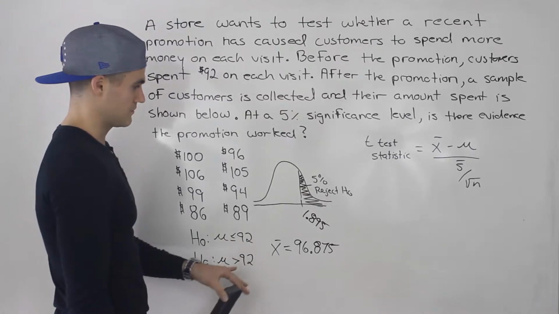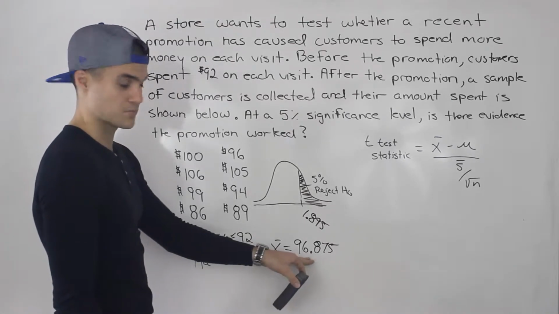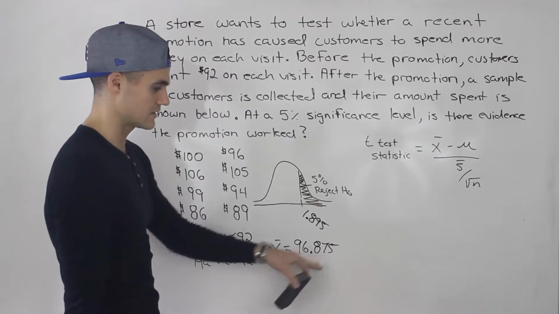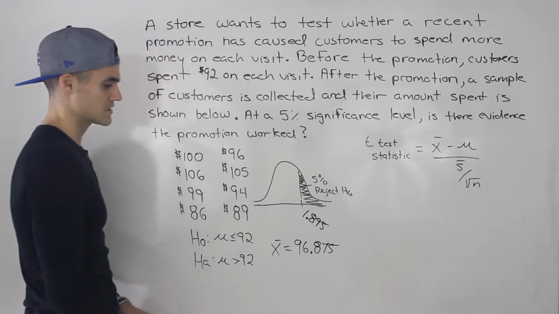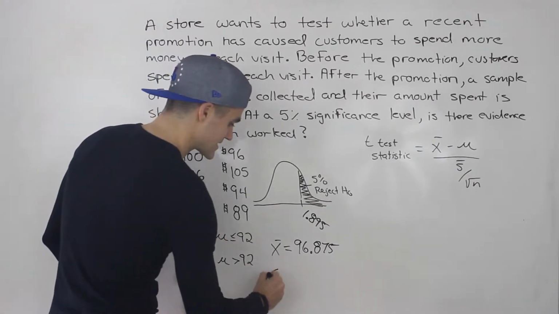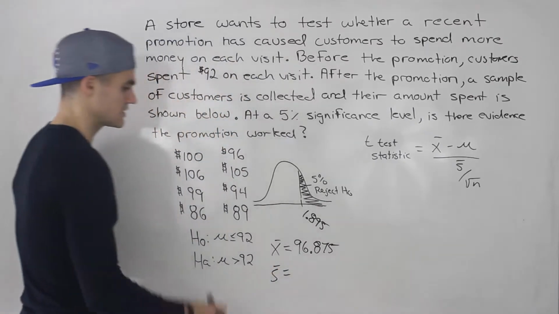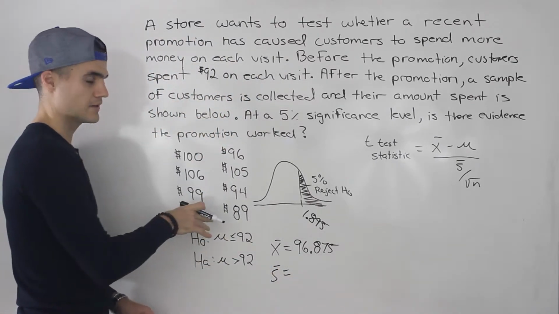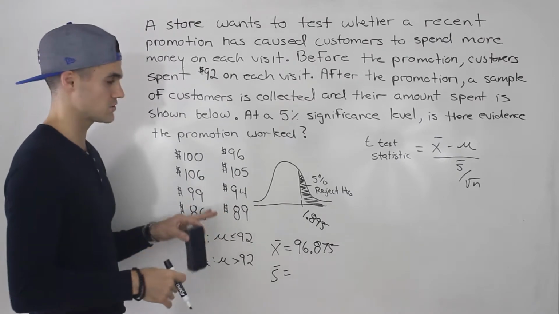Right? So because we're dealing in dollars, you could have put 96.88 to get it to the nearest cent. I'm just going to keep it to 3 decimal places. Now, the sample standard deviation is actually more complex to calculate. It's going to take a lot of time to do it manually, so I'm not going to do it in